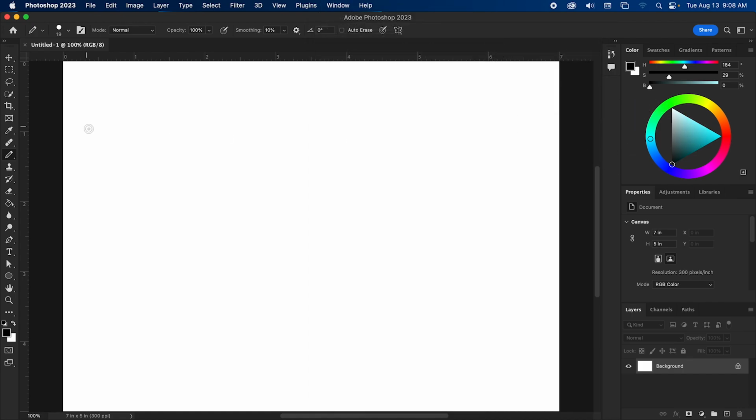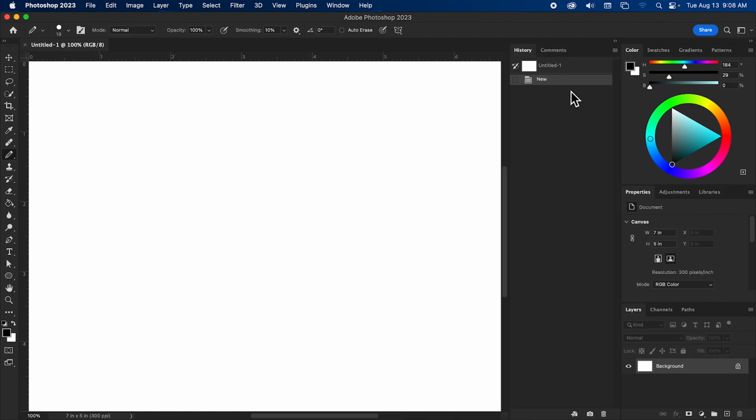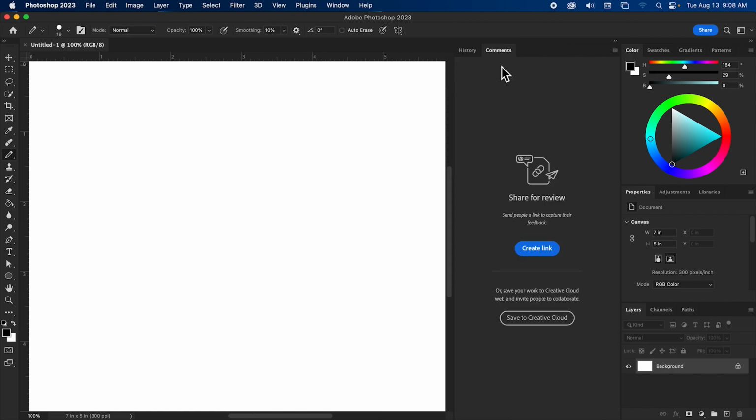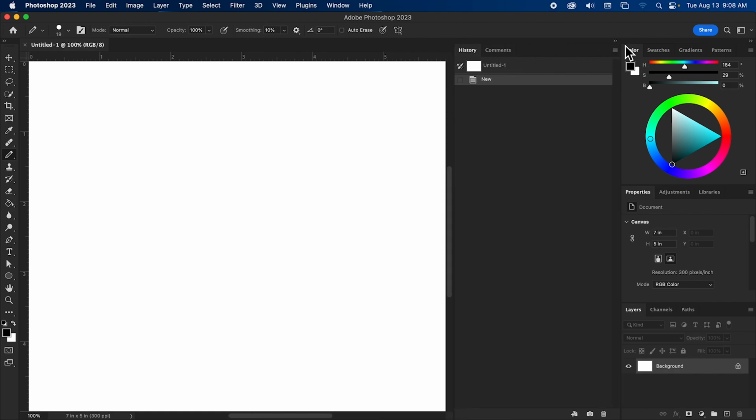The Essentials workspace should have your toolbar on the left and your Essentials panels on the right. There's also a smaller sub panel here that you can open up. This is going to have your history and comments, which we're not going to use. Close that.